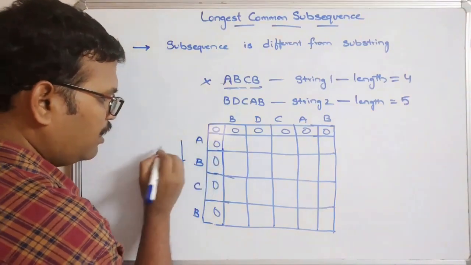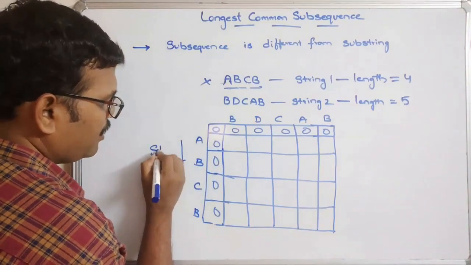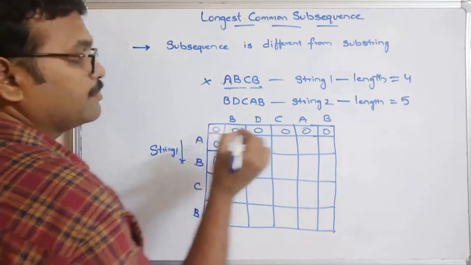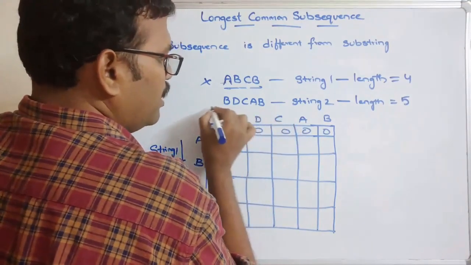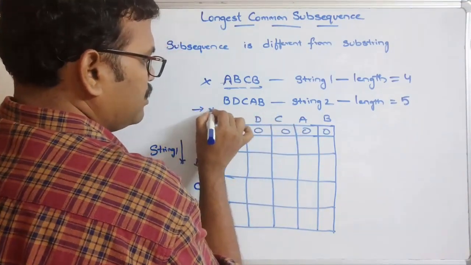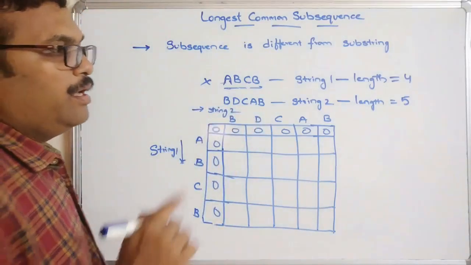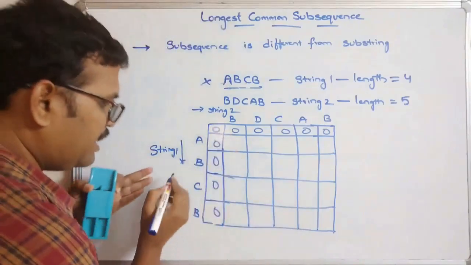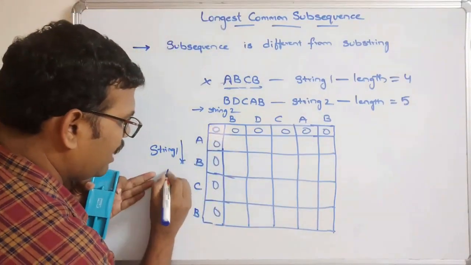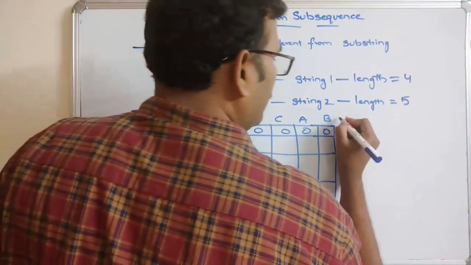Towards this one it is string 1, and towards this one it is string 2. Right? Now let us see, the index is I and here the index is